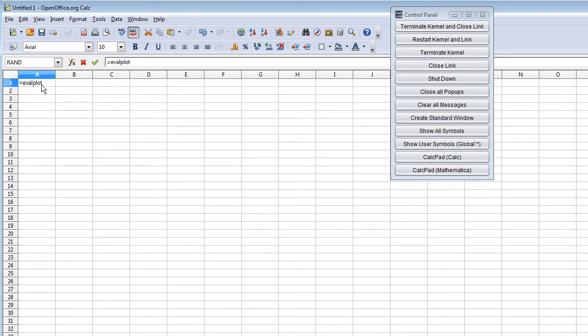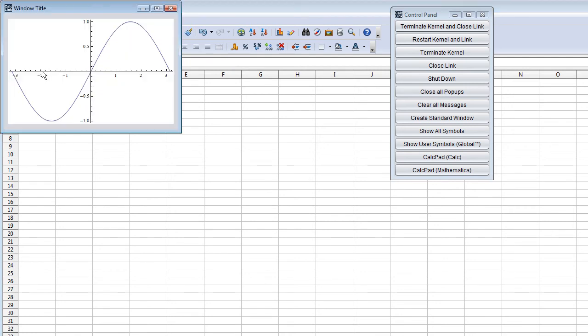We use the function eval_plot, and we will just plot the sine function. And as a second argument, we have to specify a window title. And the third and fourth argument are the default sizes. Here we're using 1 and 1 to use default sizes. The user can always use different pixel sizes for the horizontal and vertical window dimensions. So as we submit this, we get a new window that has the sine function and window title in the